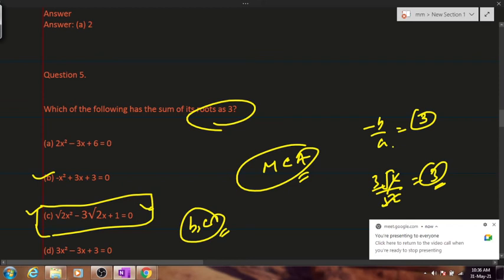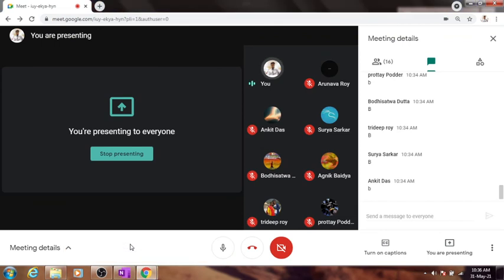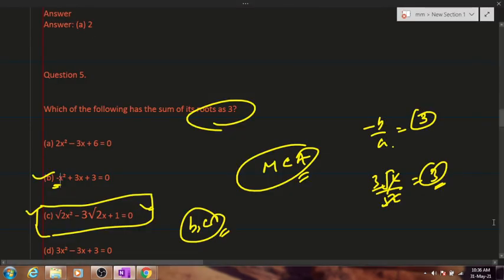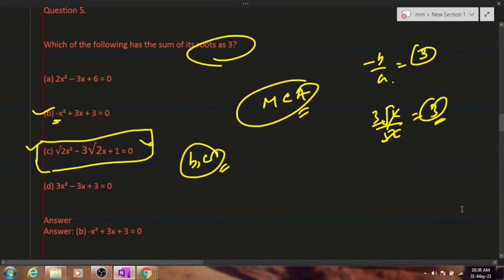However, there could be a printing error out here. This minus could not be there. Clear? However, but still according to what has been given to us on the screen, we will be telling that option B and C both are correct. Clear? Yes or no? Kindly copy option B and C both, and let me know when it's done. Done? Yes, sir.